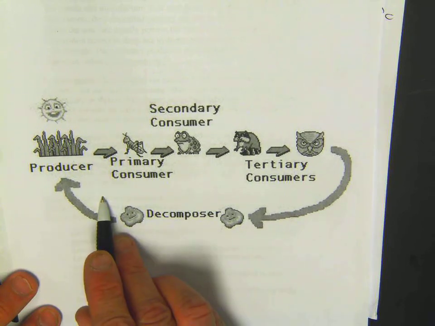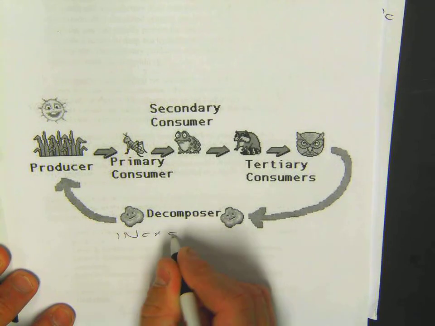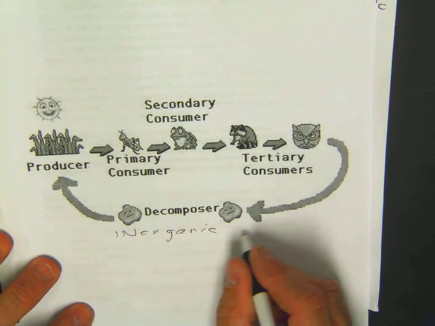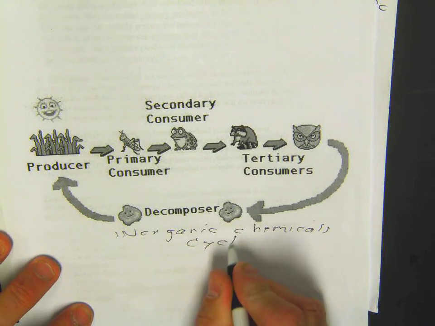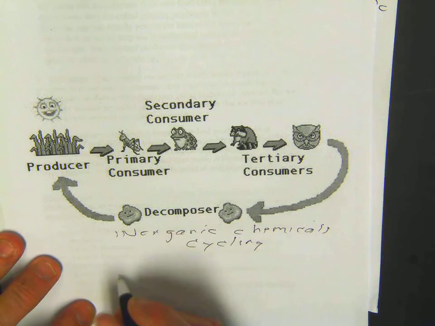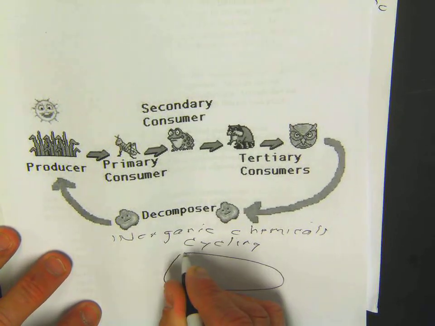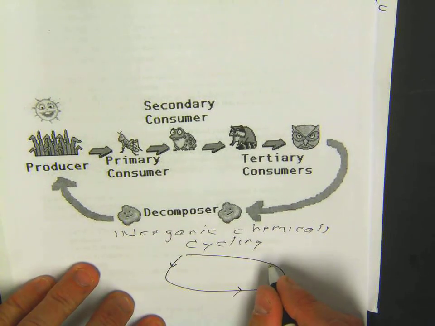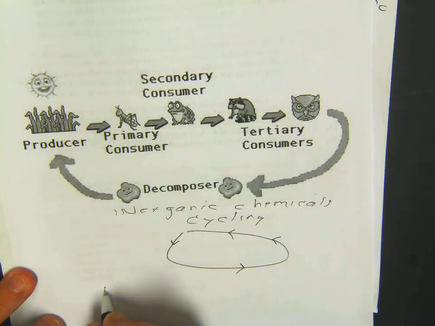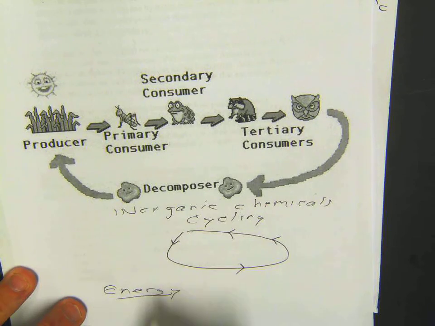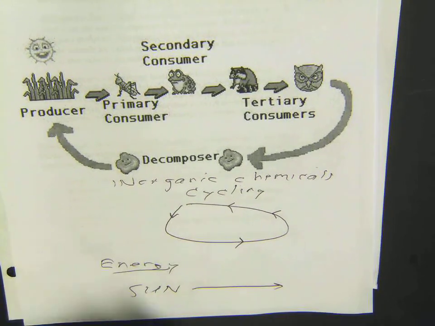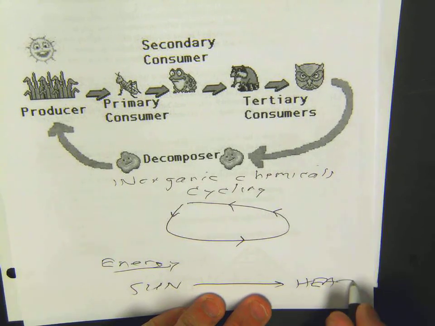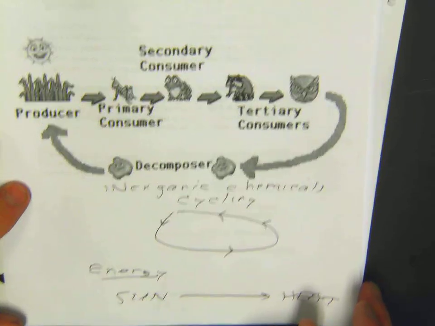Remember, this is inorganic chemical cycling. Energy goes in one way, whereas chemicals cycle around an ecosystem, in and out of an ecosystem. The energy for an ecosystem starts with the sun, goes through the ecosystem, and leaves as heat, dissipated as heat. We'll look at some laws of thermodynamics a little bit later on. So that's a little bit of an introduction to